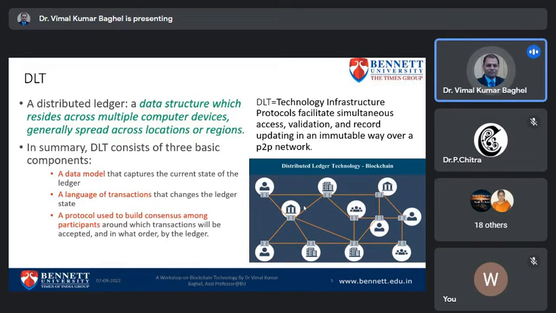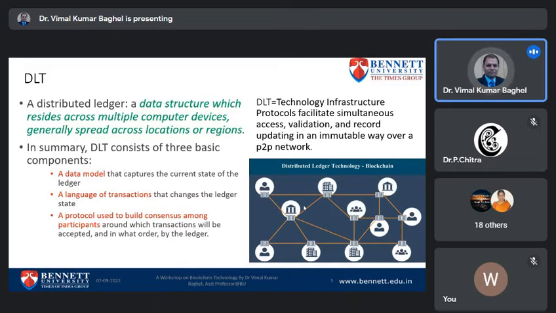Now how are these records distributed across the stakeholders, or peers, or all the participants of a system? A distributed ledger is basically a data structure which is spread across